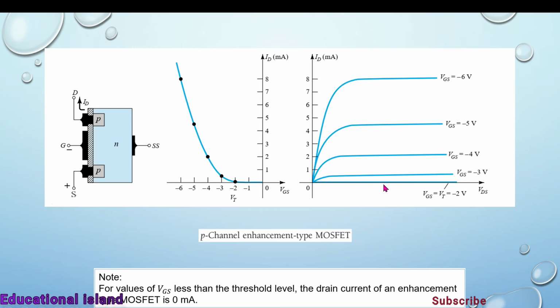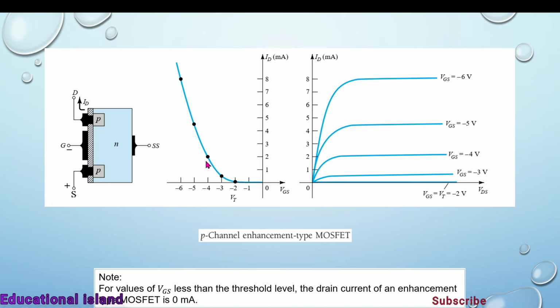And these are the transfer characteristics for the P-channel enhancement type MOSFET. In the N-channel enhancement MOSFET, we applied a positive value of voltage, but here we apply a negative value of voltage. When we apply the negative value at the gate, the electrons move away from the channel material towards the substrate, and holes come to this channel, and you see the virtual